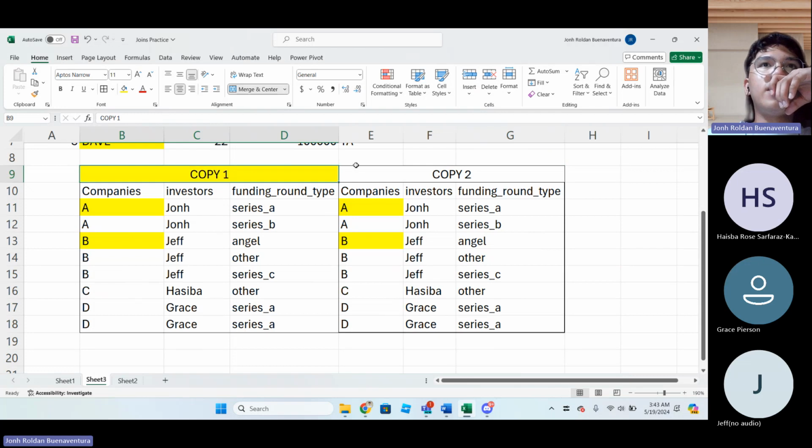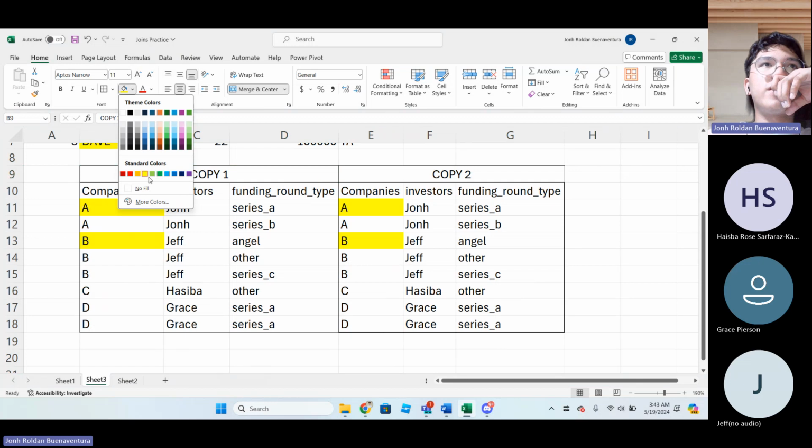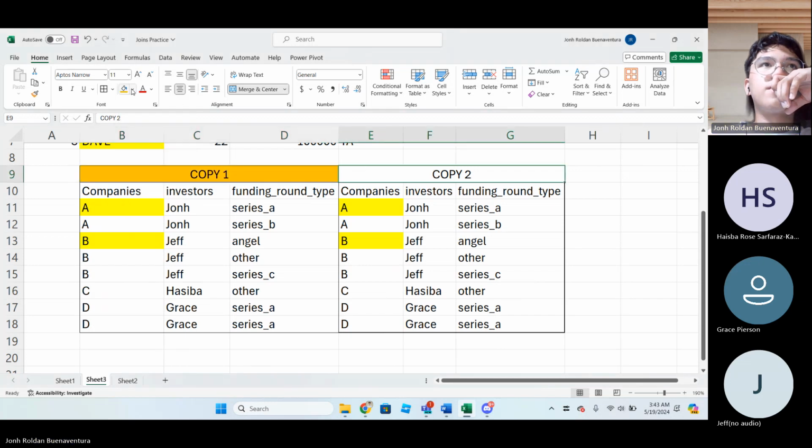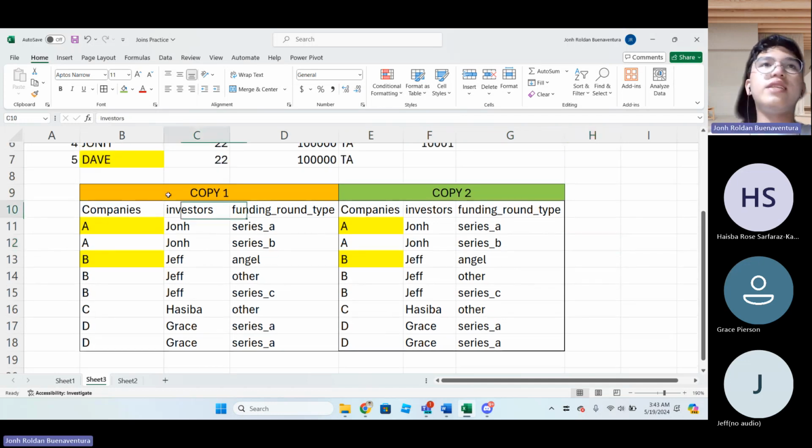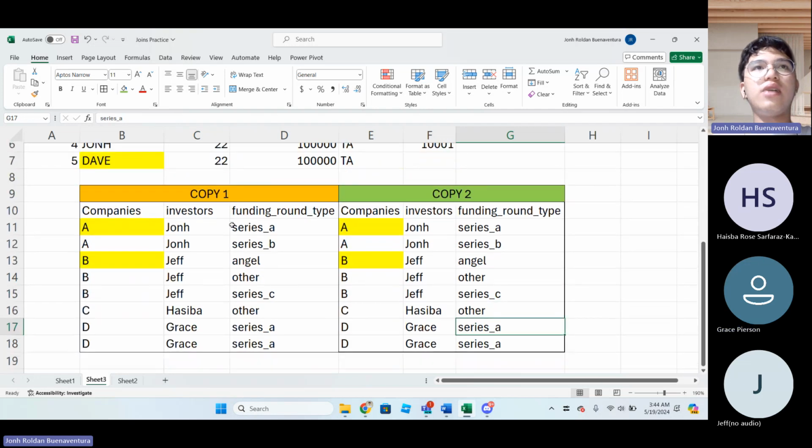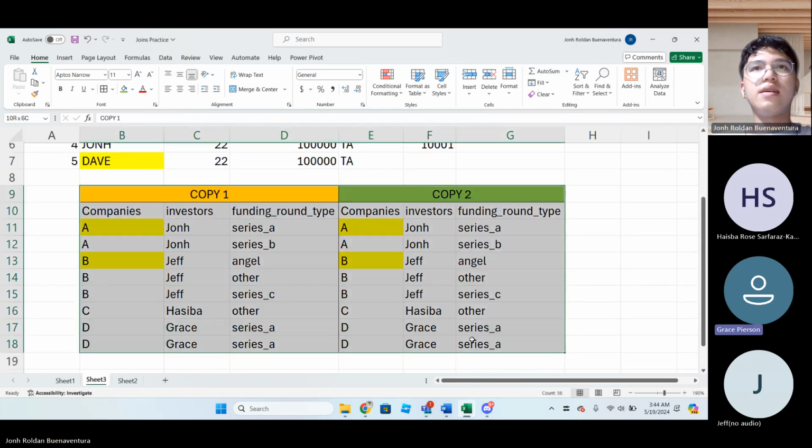So I have copy one and, let me use a different color this way. Okay. On these two copies, how can you say that